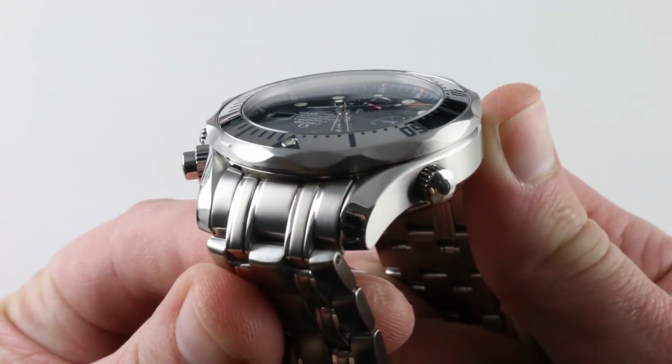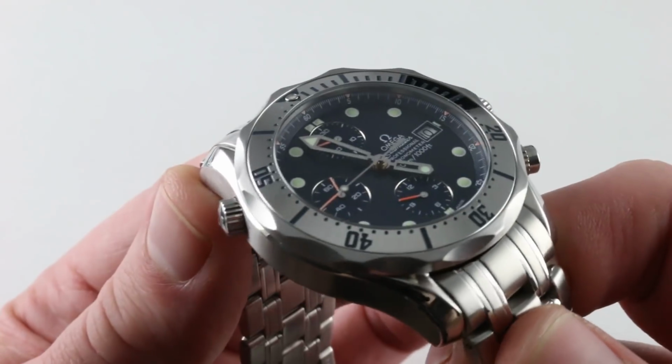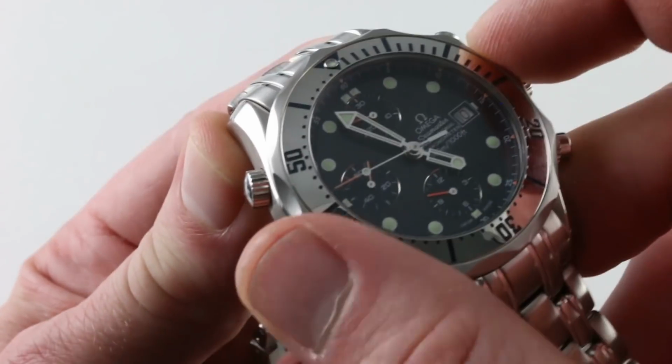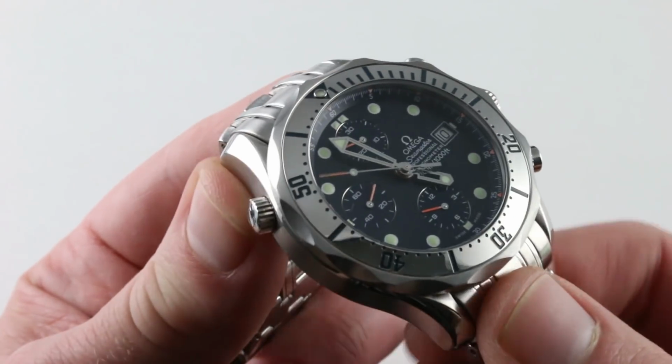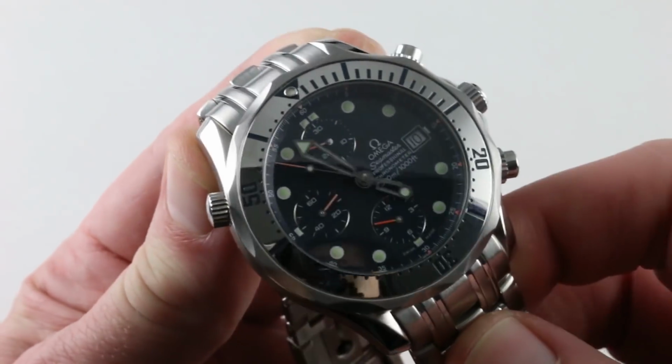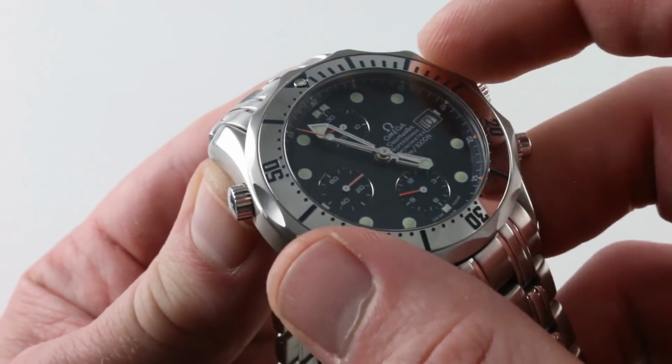Satin finish on the flank, polished on the bevel. You can see there is a satin finish about the periphery of the bezel. This is not the 2599 80. This is the 2598, which features a spectacular mirror finished bezel with lacquer